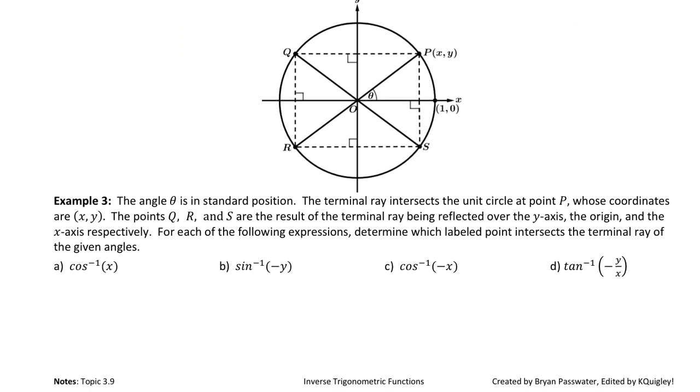Example 3. It says angle theta is in standard position. First of all, just find angle theta, because I've realized throughout the test we just took, we're struggling to find our angles. Actually, look at the document and the image. It's going to show you theta. What quadrant is theta in? 1. Fabulous. The terminal ray intersects the unit circle at point P, whose coordinates are x, y. The points Q, R, and S are the results of the terminal ray being reflected over the y-axis, the origin, and the x-axis, respectively. For each of the following expressions, determine which labeled point intersects the terminal ray of the given angles. If we were finding the inverse cosine of x,